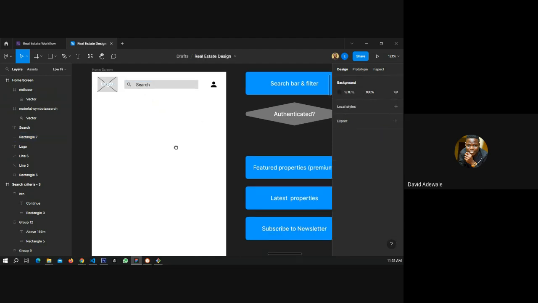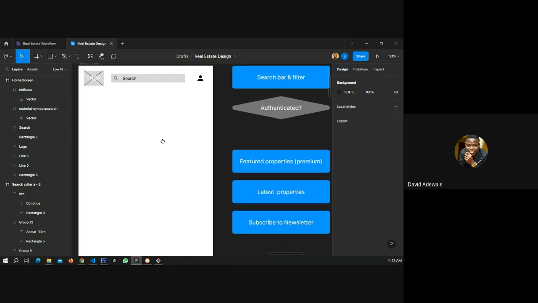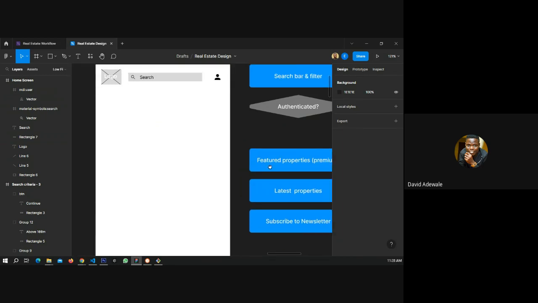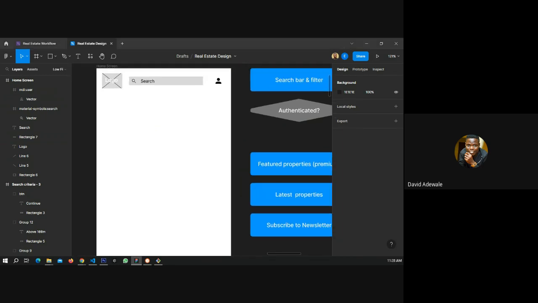Next is featured properties, for the premium users. How can we structure that? Anybody with any idea? Anybody? Nobody.